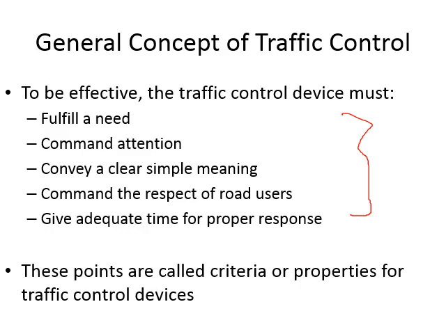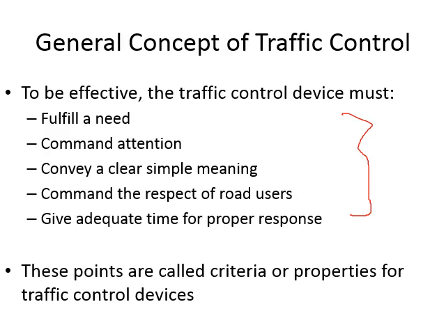Another example is you put a warning sign ahead of a curve, so the driver can see the curve and he can see the warning sign as well. So he knows if he doesn't follow the warning sign, there can be some consequences for him. Entering the curve at high speed can be dangerous for him. So in those cases, the sign or the message will command the respect of the road users.